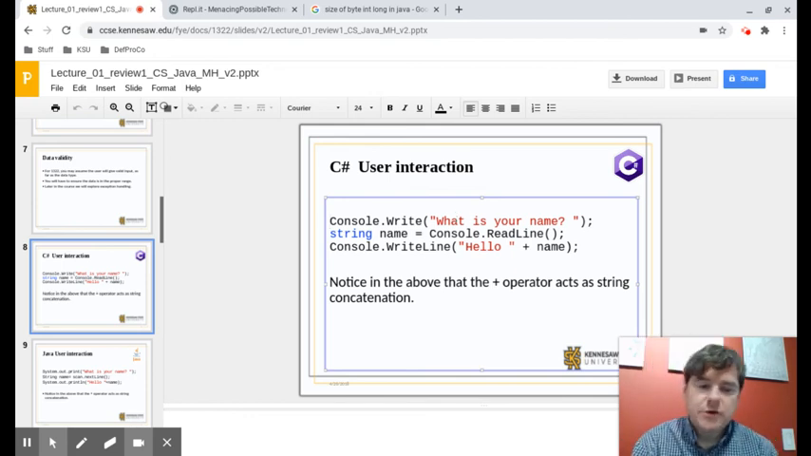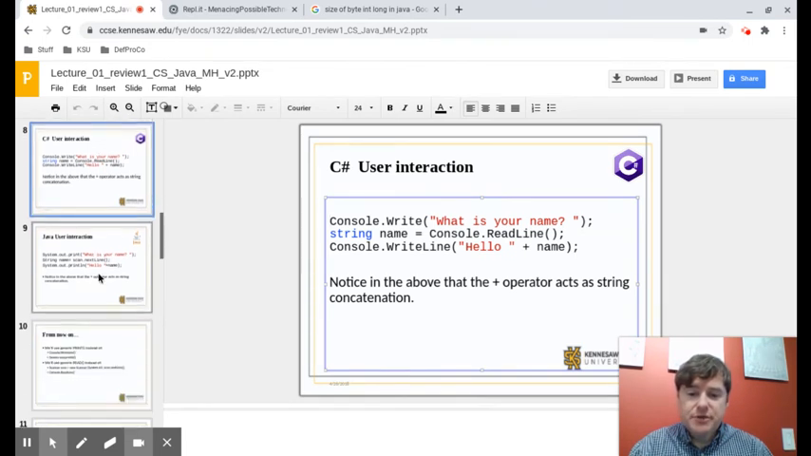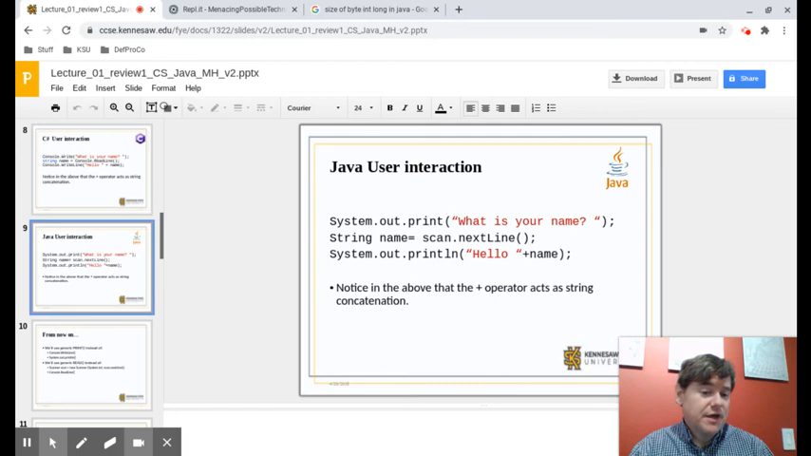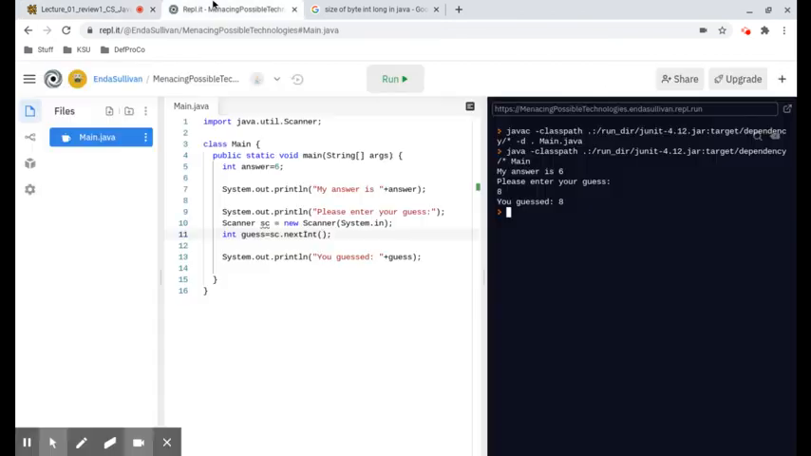Okay, so our user interaction basically boils down to we are printing onto the screen what it is that we want them to enter. We're reading in some information from them, and then we're writing that back out. And this is the example in C#, and this is the example in Java. They're basically what I just did in the other window,